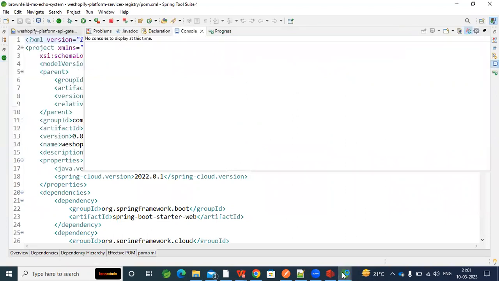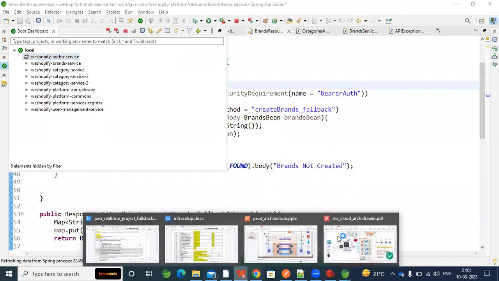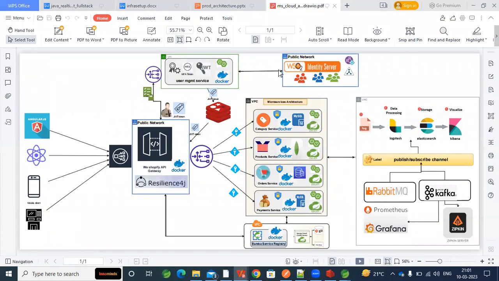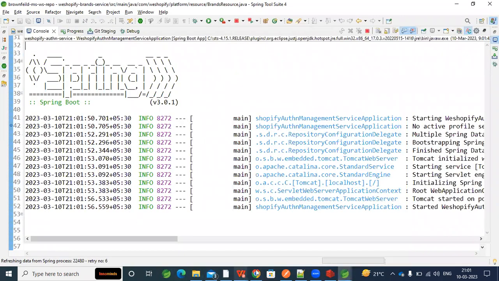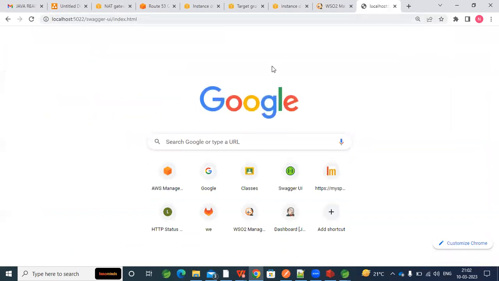In the meantime, while this registry is starting, let me also go and start this authentication service. Once the authentication service is started, then we can talk to our IAM server, submit the credentials, and get the JWT token. I can showcase that in a moment. So it seems it has now started. Let me go and hit